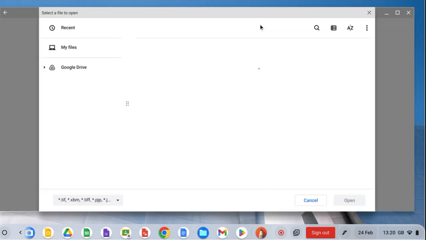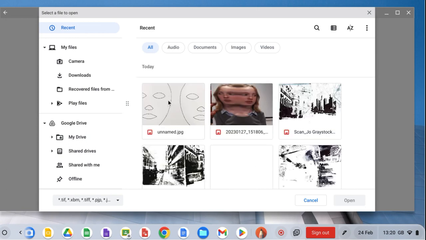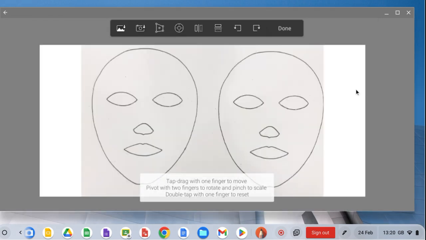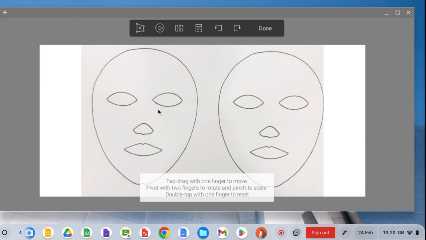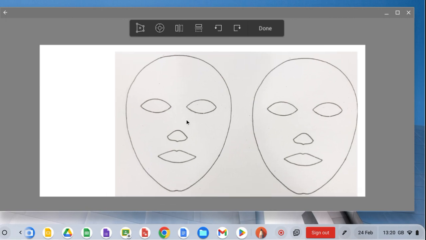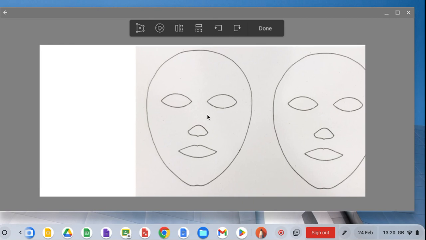So on the assignment, you need to download the picture of the mask that I've attached. So I'm going to choose the mask picture and say Open. So you've got a template to work with, and then we're going to click Done. Okay, so now we are going to move this picture using the Move tool into the center of the page,